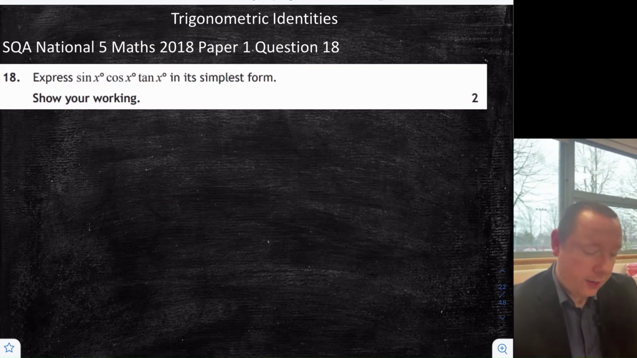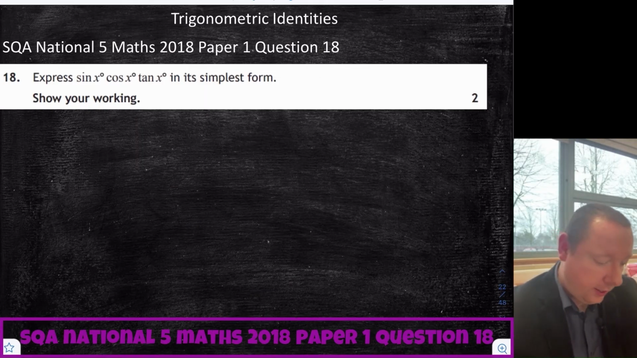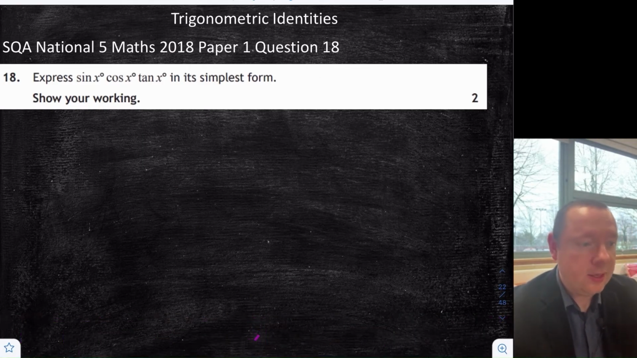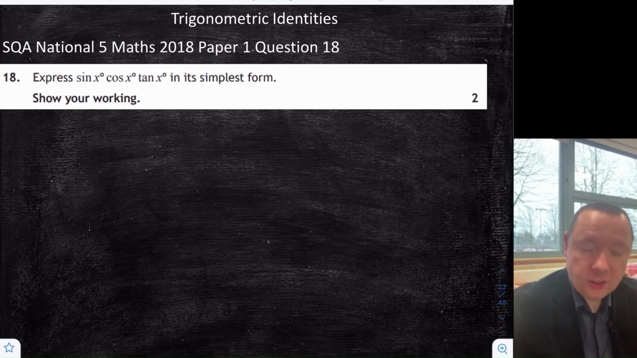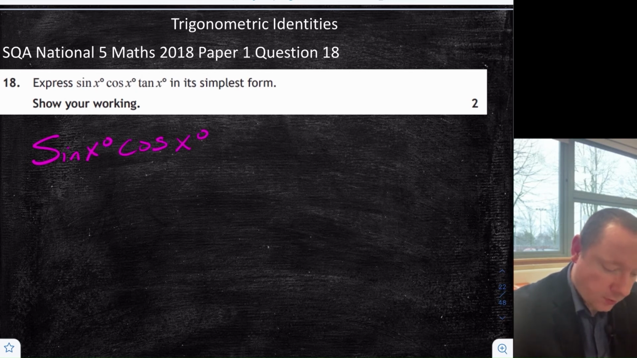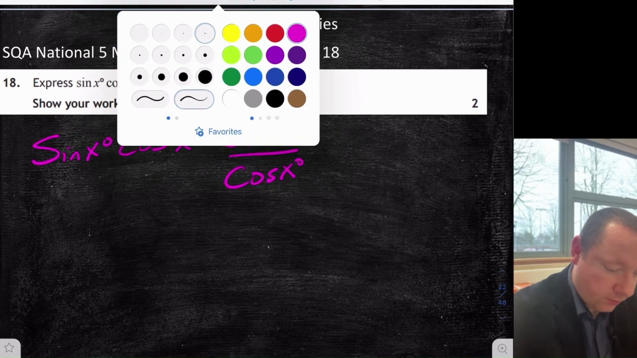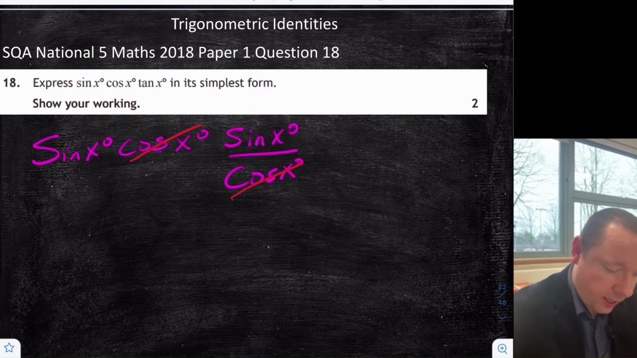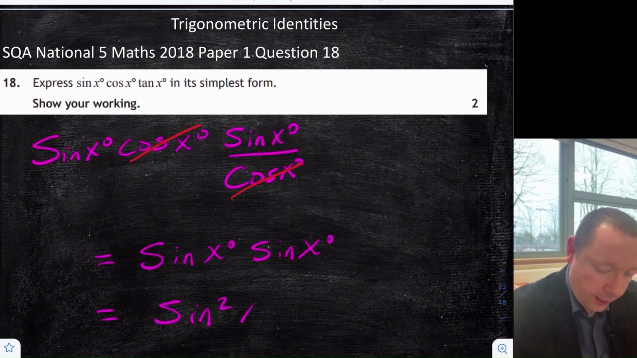Rationalise Maths 2018, Paper 1, Question 18. Express sin x, cos x, tan x in its simplest form. We've got a sin x and cos x, so we'll eliminate the tan x by changing the tan x into sin x over cos x. So we've got sin x, cos x times sin x over cos x. And then we can cancel some fractions. So cos x cancels with cos x. That just leaves us with sin x times sin x, which we can write as sin squared x